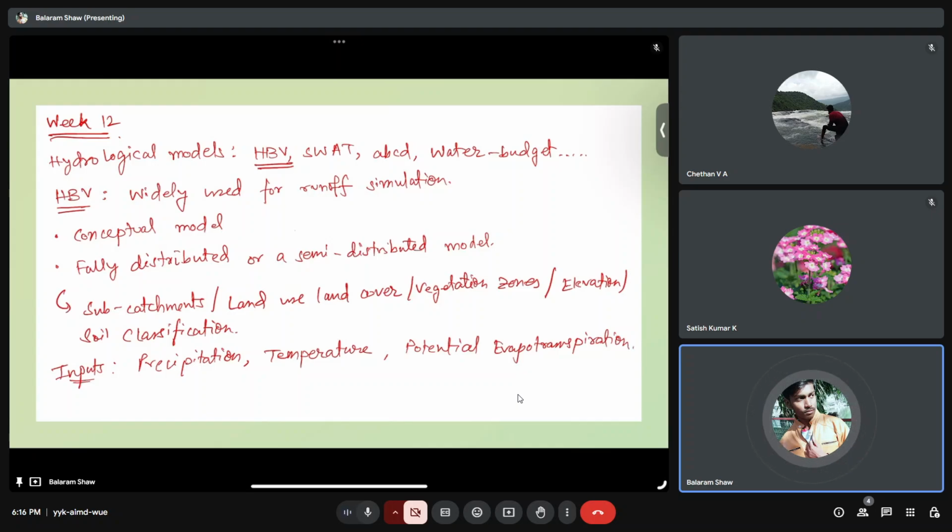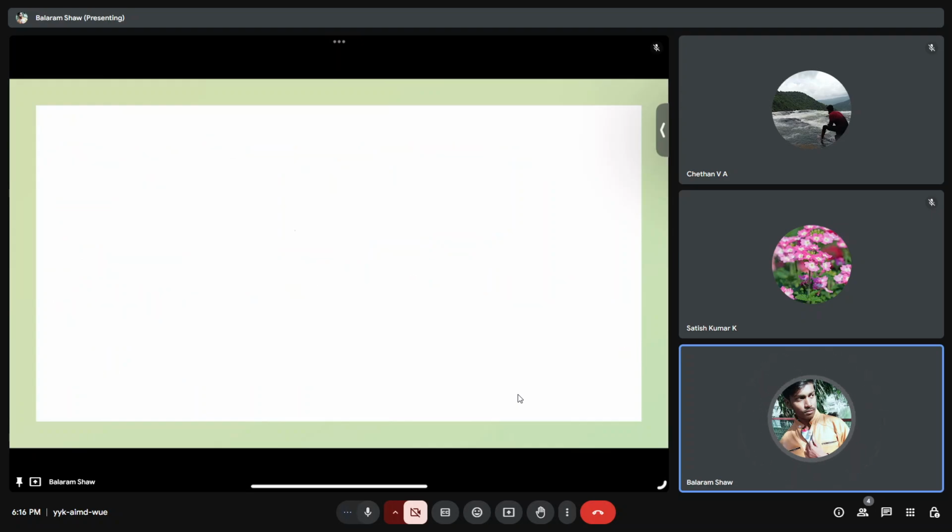Before moving on to the output, we'll see the model structure. About the HBV model structure: the HBV model consists of four modules. These are the sub-models. The sub-models are the snow module,